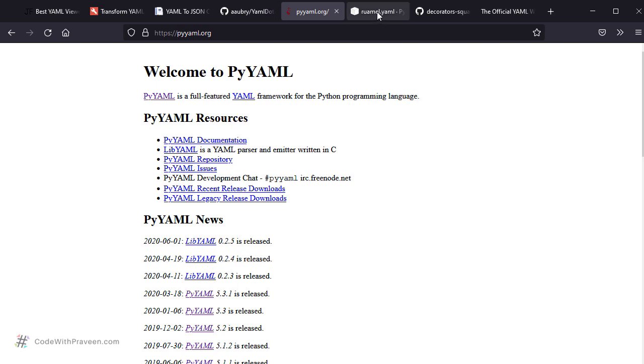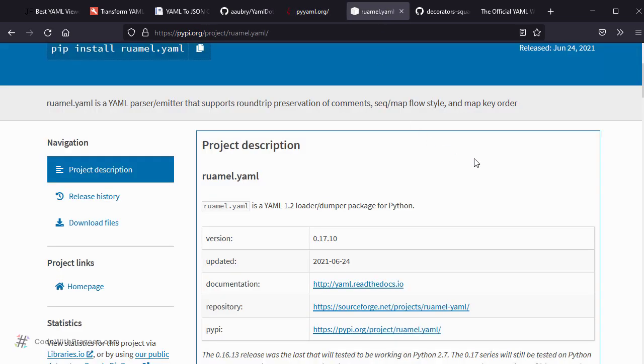You also have other libraries such as ruamel.yaml. So this library also can be used. One of the main things you need to consider when you are picking a library is the support for the version. Notice that YAML 1.2 is the latest version. Hence, if you are going to start from scratch with YAML, then look for libraries that have support for YAML 1.2. So whatever libraries I have mentioned so far support 1.2.